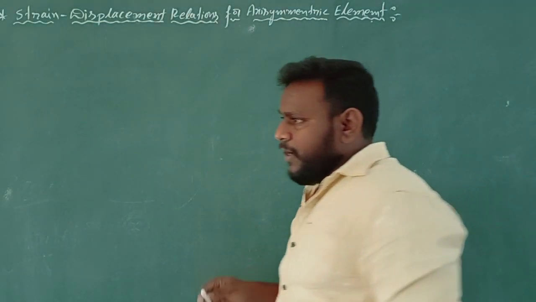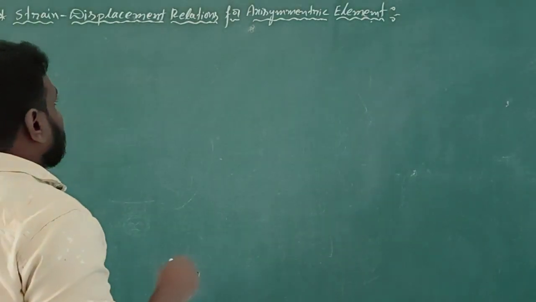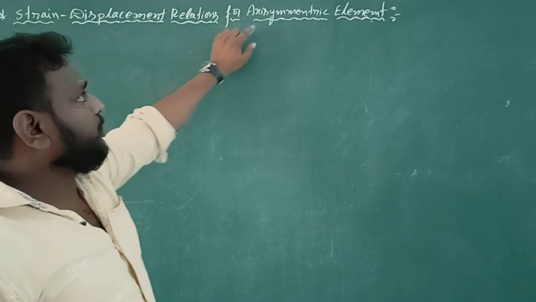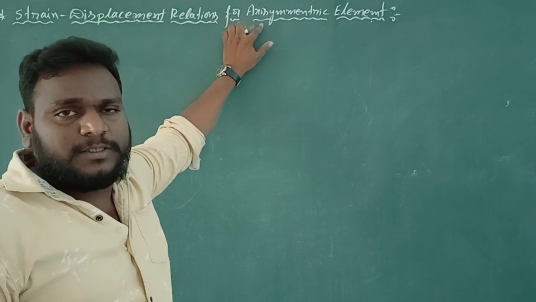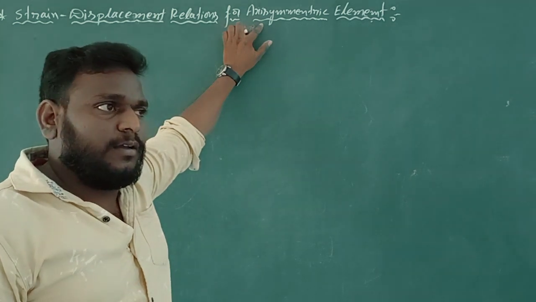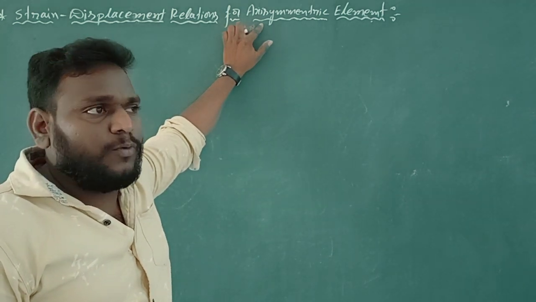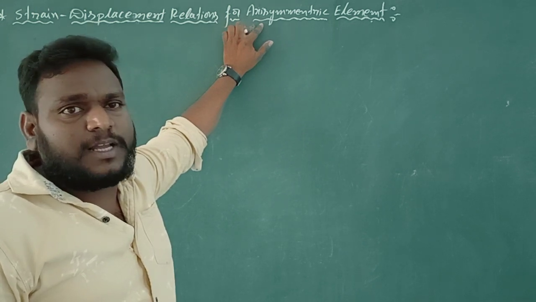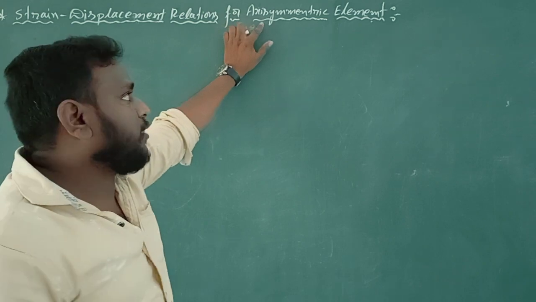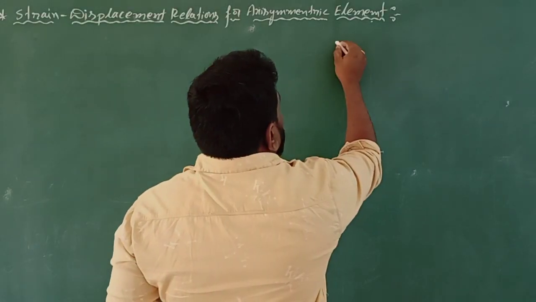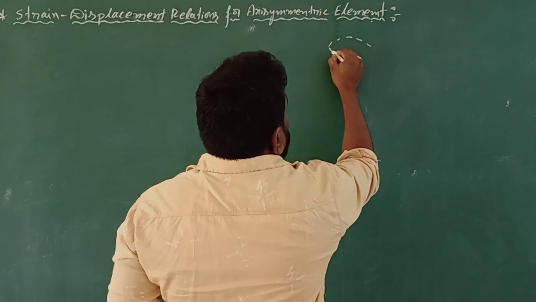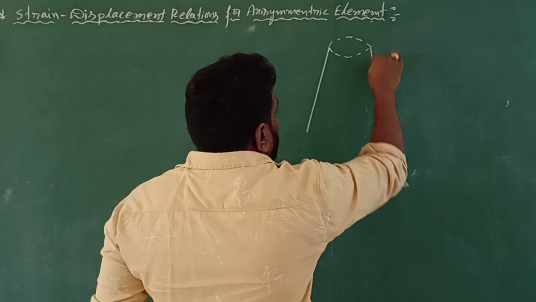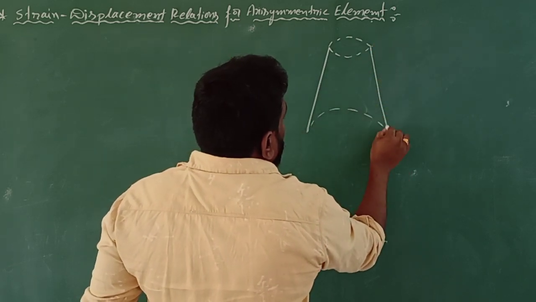In that video, I have derived the shape functions, that is N1, N2, N3. Axisymmetric means similar materials, similar geometry from its axis, and boundary conditions also the same from its axis. Such types of elements we call axisymmetric elements or axisymmetric systems. For example, if you see one component here, this is the axisymmetric component.